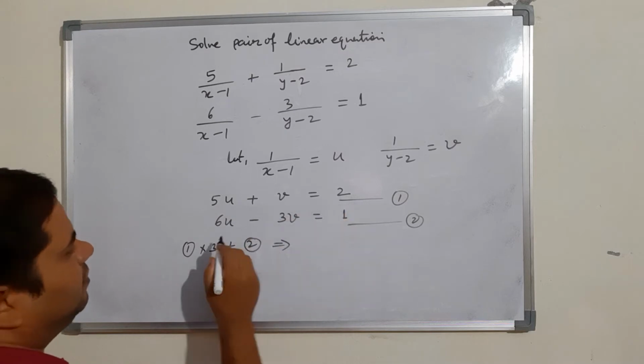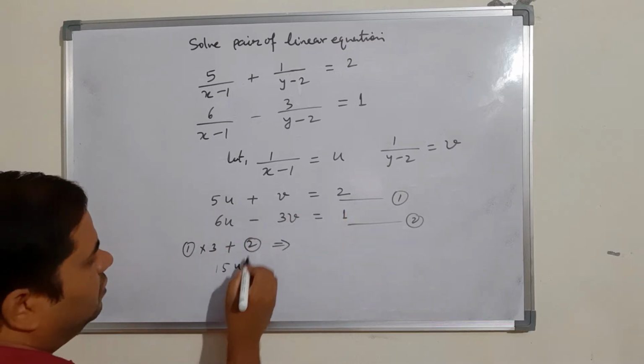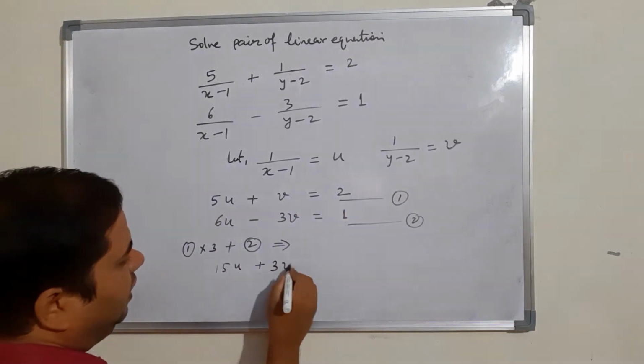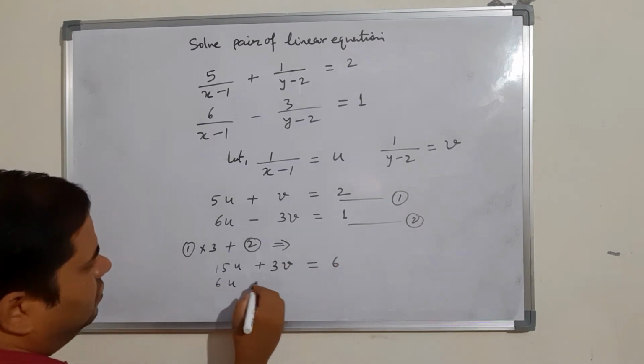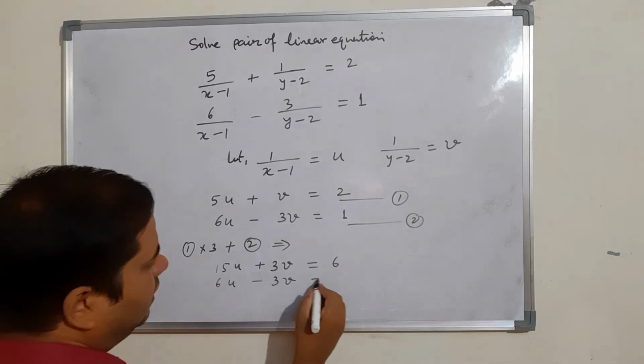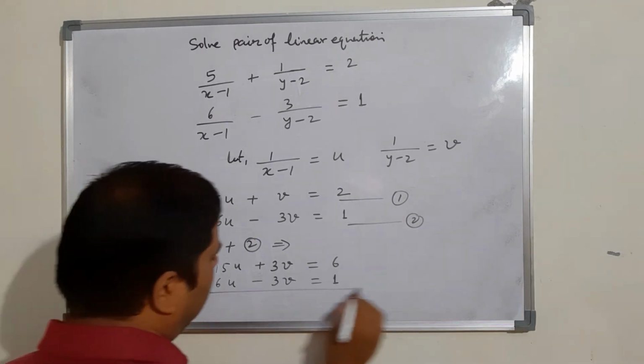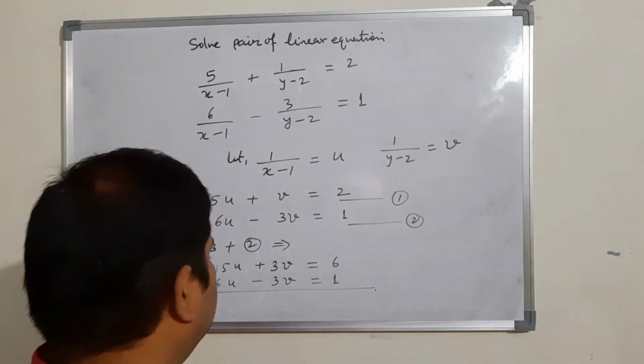If you multiply 1 by 3, we get 15u plus 3v is equal to 6, and 6u minus 3v is equal to 1. Now add both of the equations, you will get